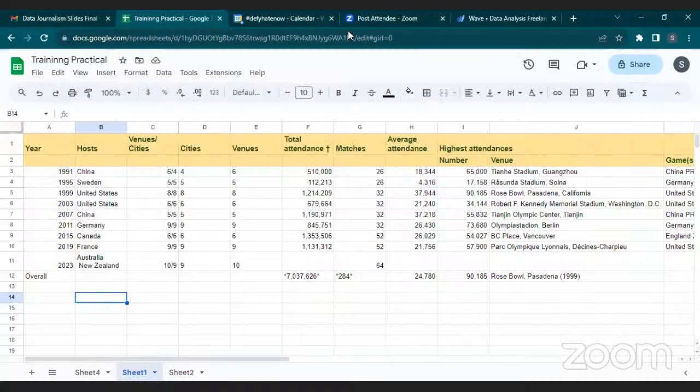Let's go back to the practical for Google Sheets. So now we have our work here, the table that we want to analyze. But you find that there are so many things that you can do for this particular work. One of the things you can do,